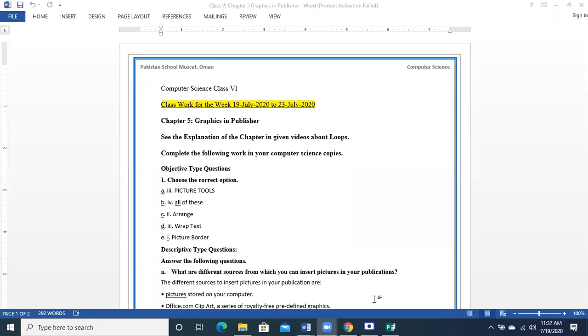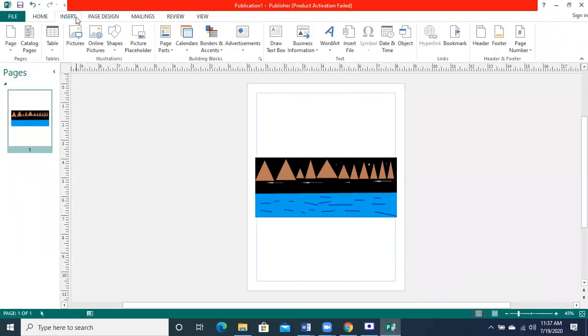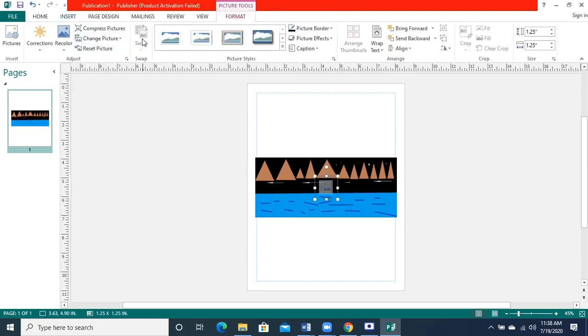Online pictures can also be used to insert a picture. Picture holder is also used to place a picture in your publication. How? See the example. Go to the insert option. The picture can be inserted using the picture option, the online picture option, and the picture holder option.